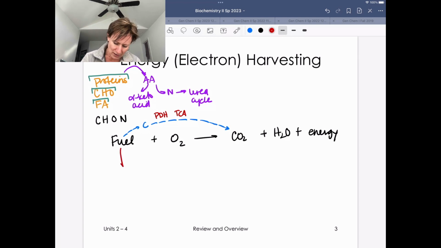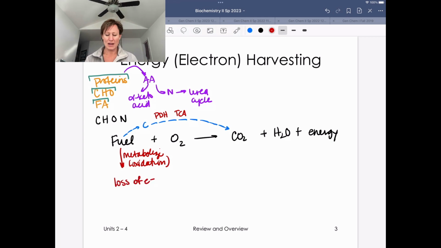So remembering, when we're metabolizing fuel, that's really oxidation. So oxidation is the loss of electrons, okay? Remembering that electrons are bonds and bonds are energy, right? So that's why our fuel is worth something, because all of those atoms are connected together with bonds. Bonds are electrons. Electrons are energy. So when we break that fuel apart, we want to harvest that energy as electrons by storing those electrons in